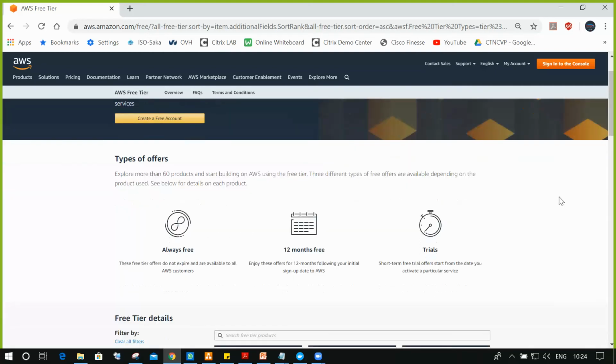Thank you very much. So now we are going to create a free tier account. Everyone has to create a free tier account only. Then we can convert from free tier to the pay as you go model. I'll show you later how to create an account, then how we convert from free tier to pay as you go. Please do not go for the pay as you go model, it will be charged from day one. So now to create a free tier account, just click here, create a free tier account.